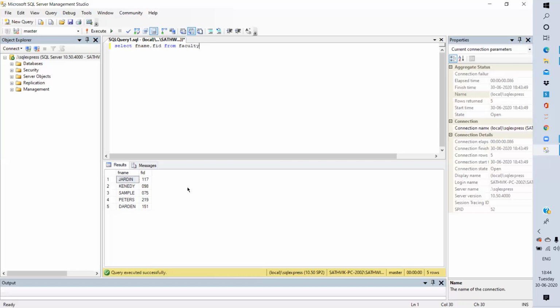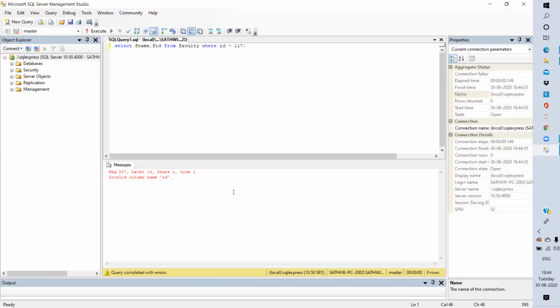From faculty where I need the data of the faculty whose ID is 117, where ID is equal to 117, semicolon. Faculty ID is equal to 117.